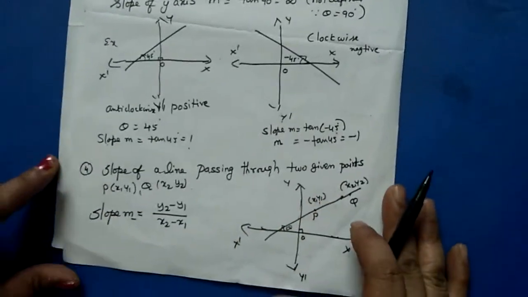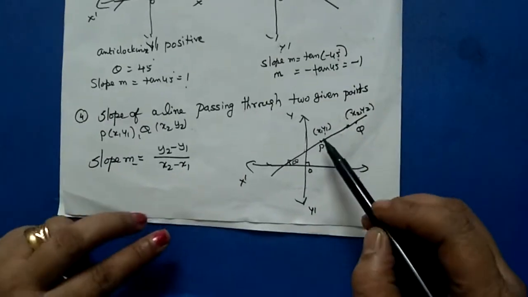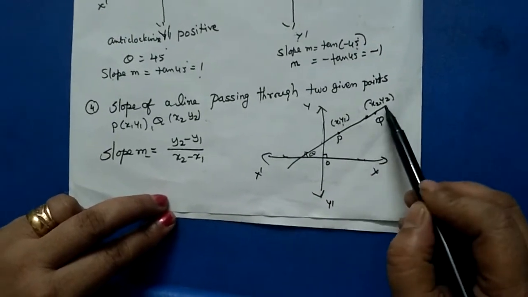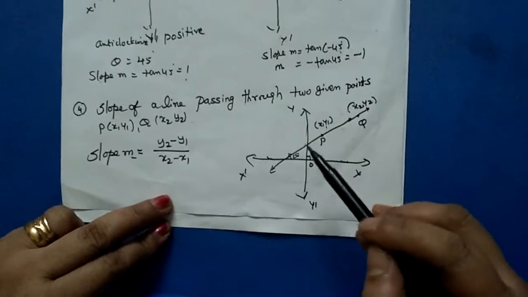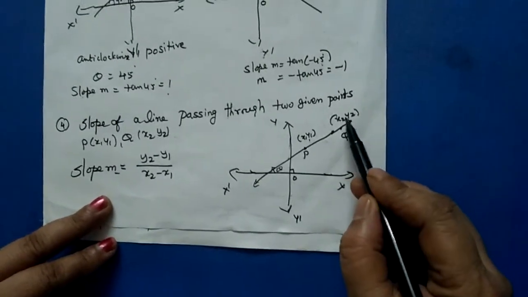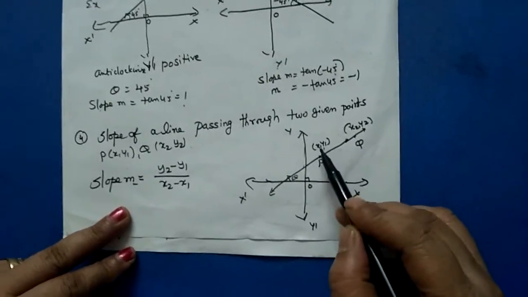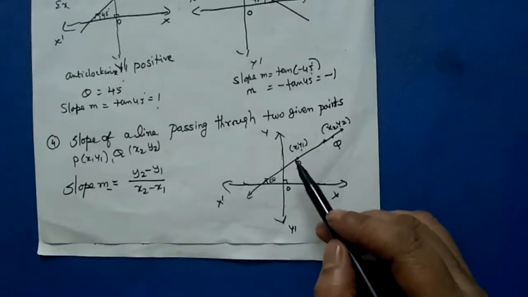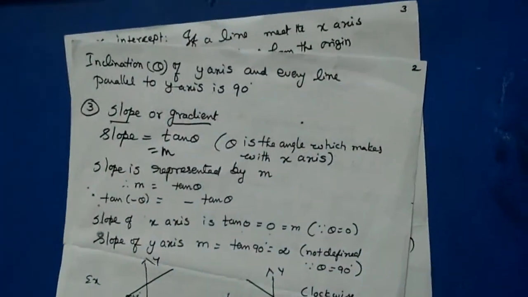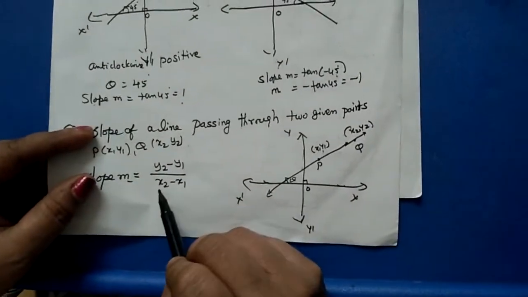M is always the slope. Then suppose a line is passing through 2 points P and Q. One is x1, y1, another one is x2, y2. Then the formula you have to use: slope is equal to y2 minus y1 divided by x2 minus x1. All of you learn the formula. Be thorough. You will get 4 or 3 mark or 7 mark questions from this chapter. So if you know 2 points, the slope is y2 minus y1 divided by